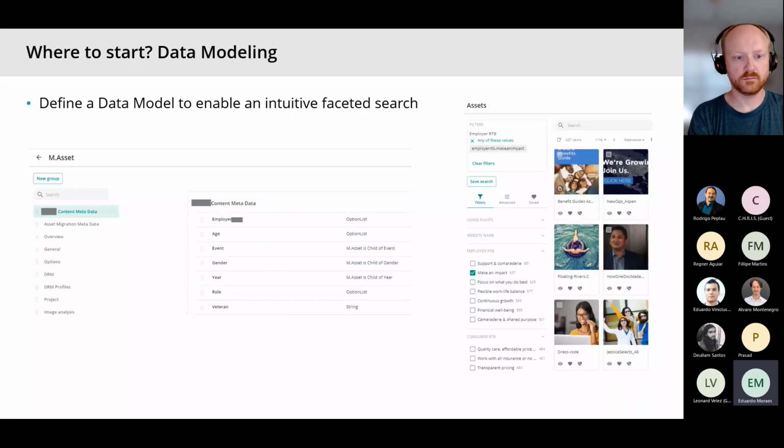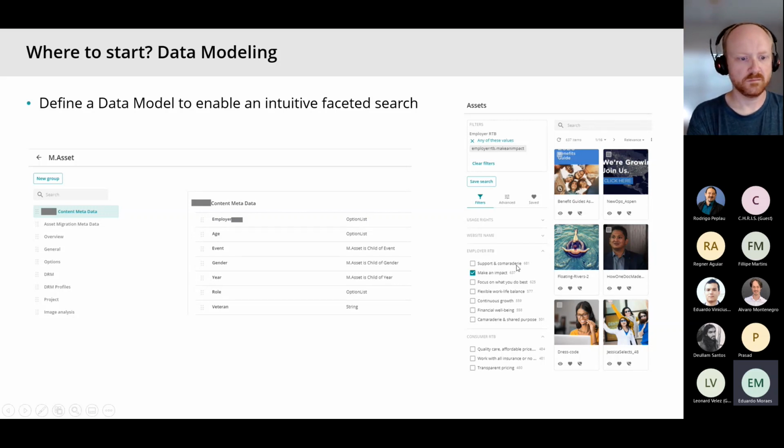So the actual migration work, as I said, starts from that data modeling. For this particular customer, we had a few different things that would make sense for them: age, event, gender, year, role, whether it's a veteran or not, employer. Different attributes that they would later use for a facet search.